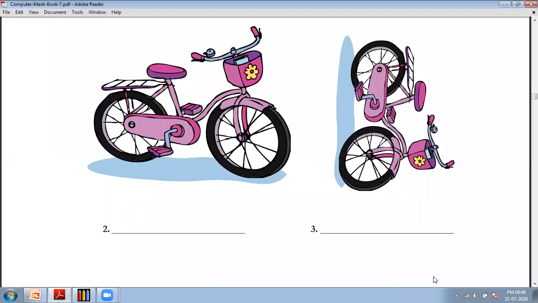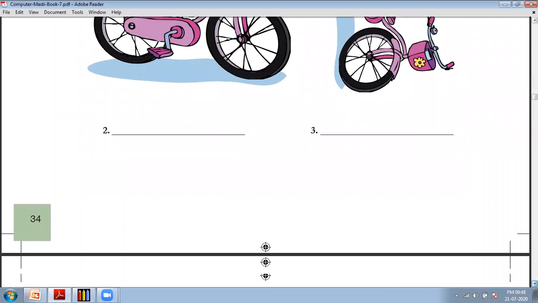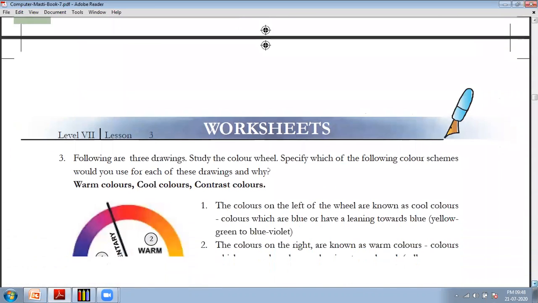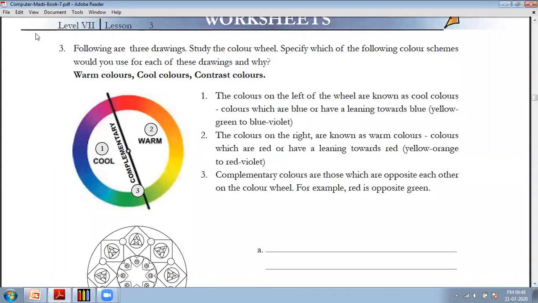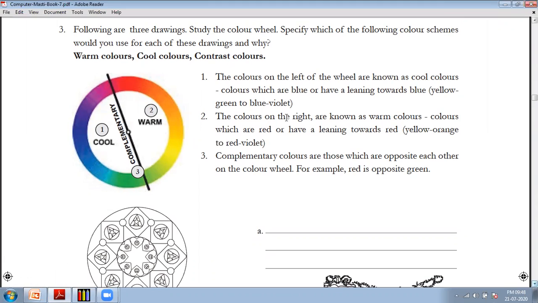So question number 3. Here the following are 3 drawings. Study the color wheel. Specify which of the following color schemes you would use for each of these drawings and why. So here the first color is given.